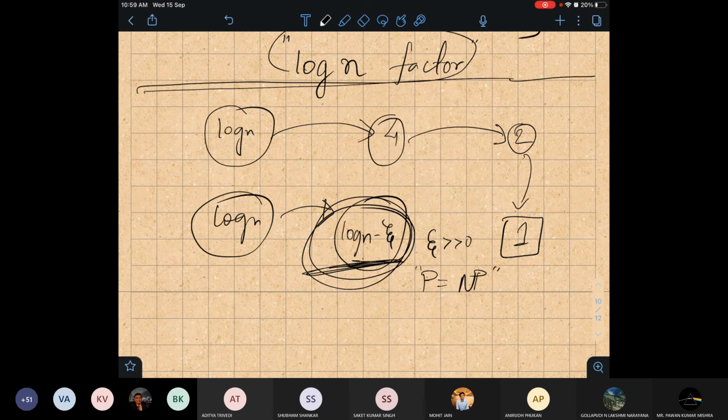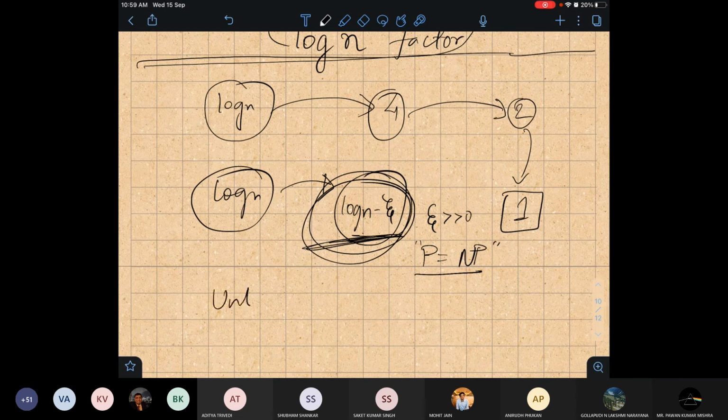So based on this hypothesis, the statement is: unless P equal to NP, we cannot solve set cover better than log n. So anyone who comes up with an algorithm, okay, I will design something with log n minus epsilon, then we say that P equals NP. These things are called inapproximability, where we say that you cannot design something better than this.